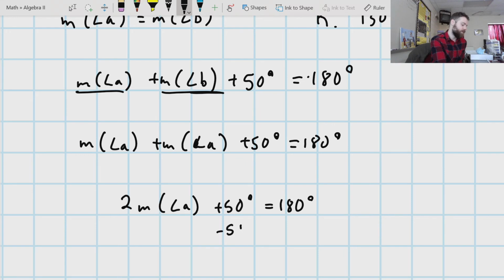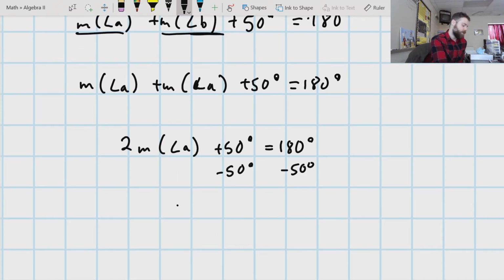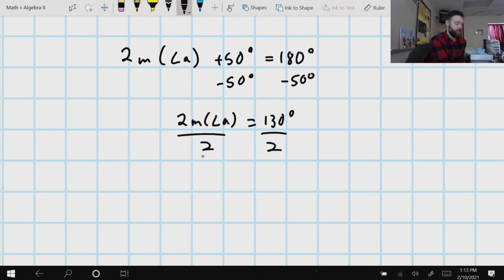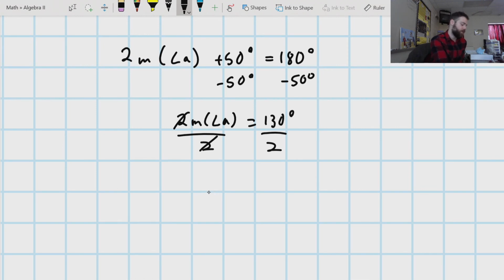So subtract 50 degrees from both sides. You get 2 times the measure of angle A is equal to 130. Divide both sides by 2. And whenever you divide both sides by 2, the 2's on the left-hand side cancel, and you're left with the measure of angle A is equal to 65 degrees. So